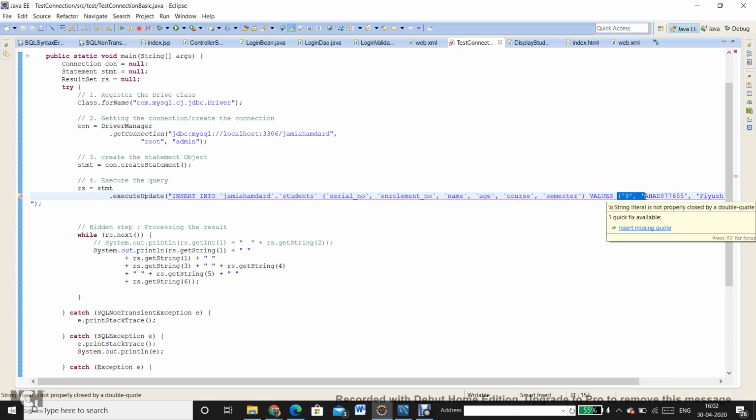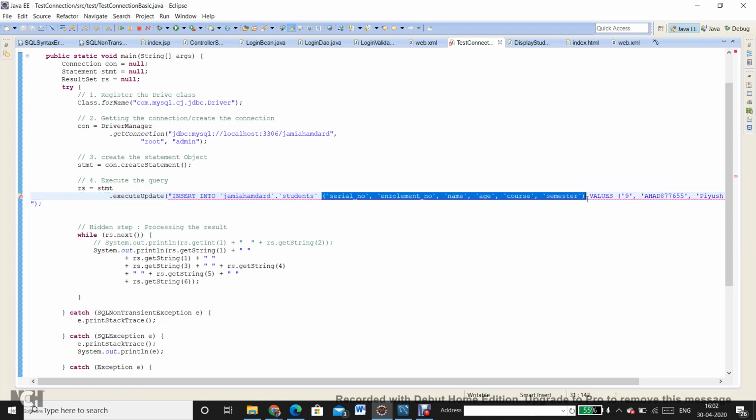But if I just want to insert all the values in all the columns, in the same sequential order which is required, then I can safely skip this portion of the statement. But again, let it be there. I am not going into changing the query.